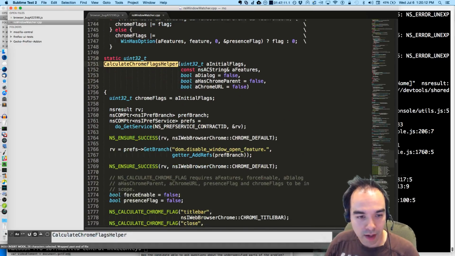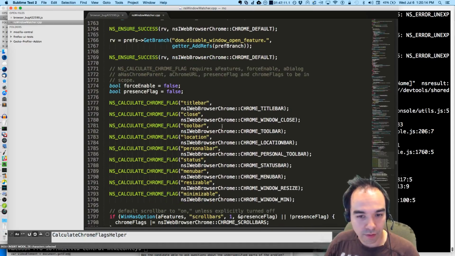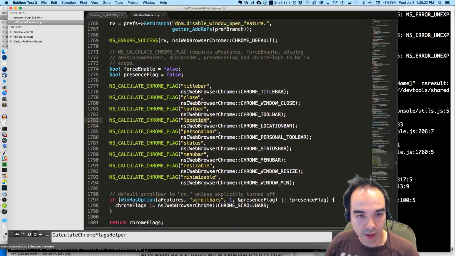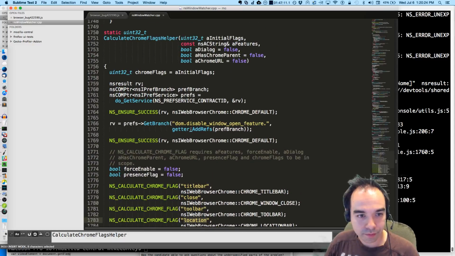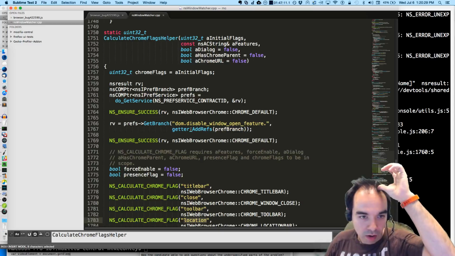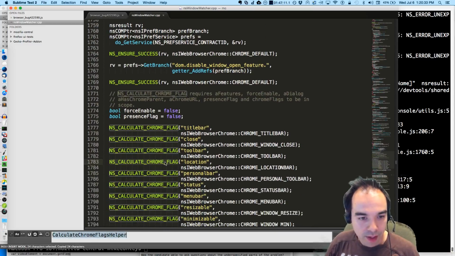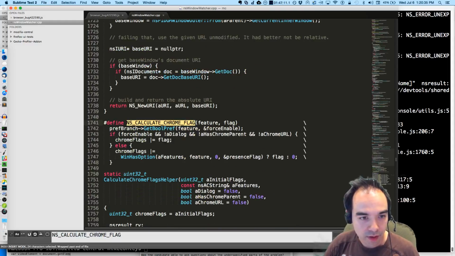Calculate Chrome flags helper is going to use calculate Chrome flag and then location. This is where it calculates whether or not to set the location flag. And maybe I did this wrong. Calculate Chrome flag for locations. Let's take a look at the definition here.